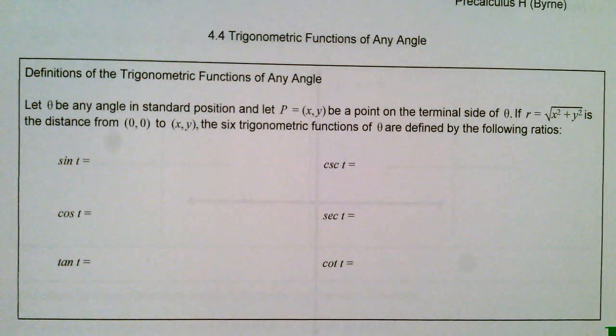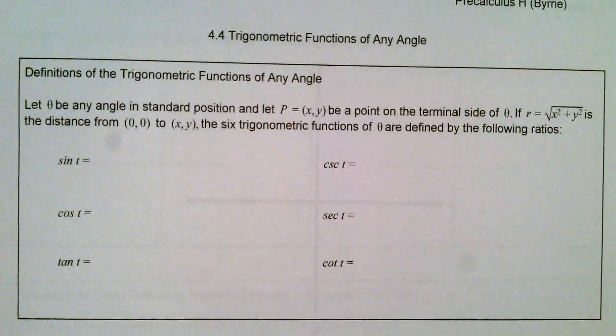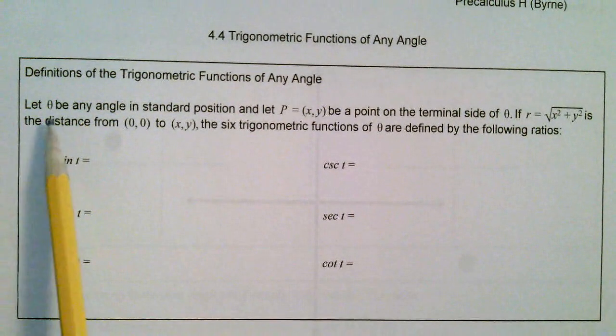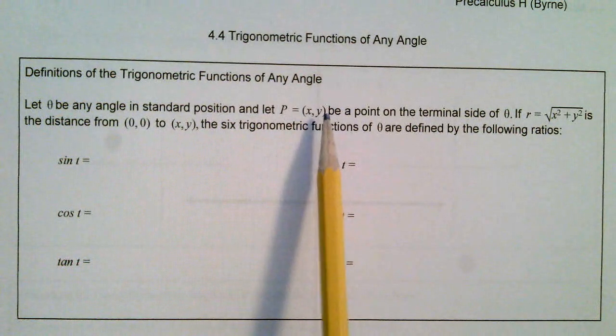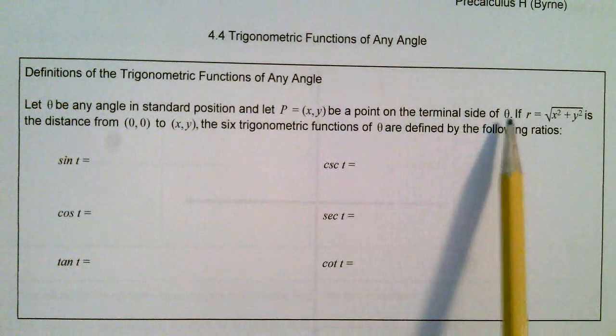Today we're going to do our notes on section 4.4, trigonometric functions of any angle. This is different from the x and y sine and cosine relationships we saw before, because these are for points that are not on the unit circle. That's very important, the distinction between when it is on the unit circle and when it's not. So when theta is any angle in standard position, and the point P(x, y) is a point on the terminal side,